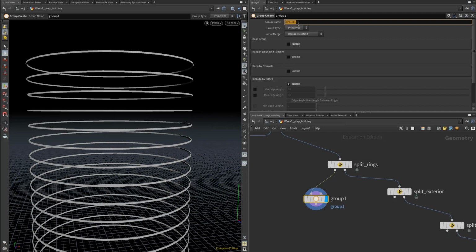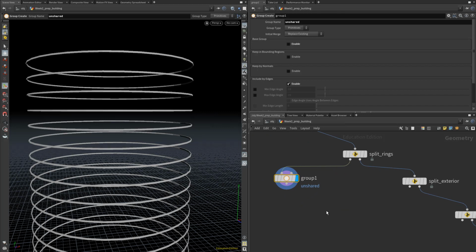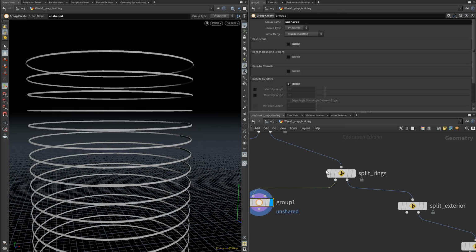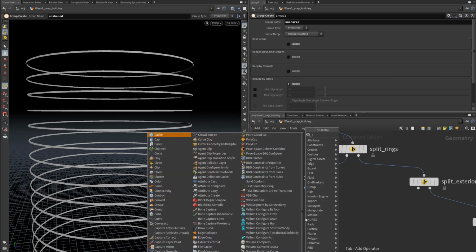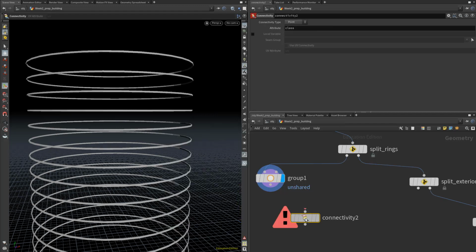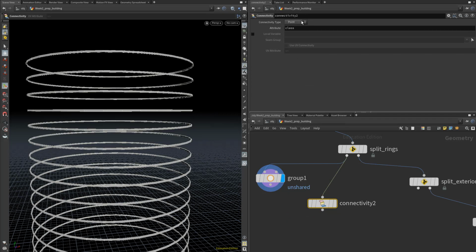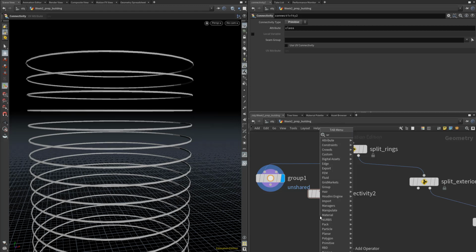I'm going to just rename that group to keep it clean. We'll just call it unshared. So this geometry is fine to use and fracture as is. But if you remember, our shatter tool requires looping over each object individually by name in order to fracture each section one by one. So let's give each of these rings a name attribute, and we'll use our connectivity attribute once again. We'll set this to prims, drop in a primitive wrangle node,